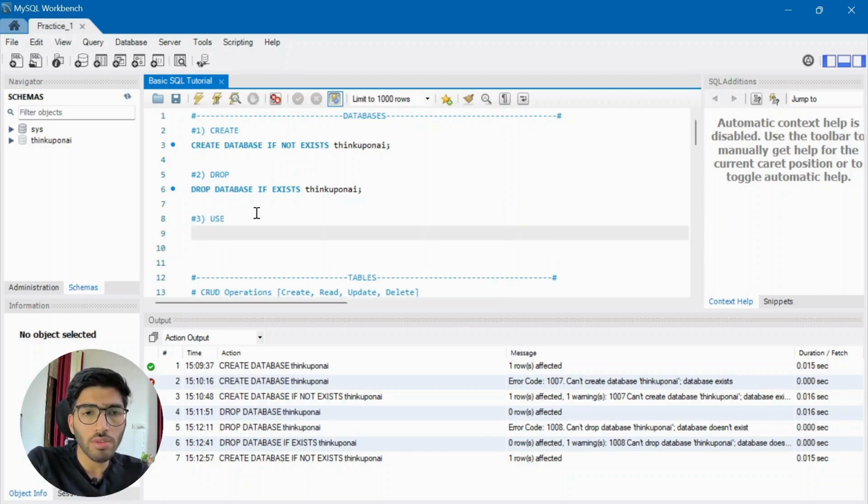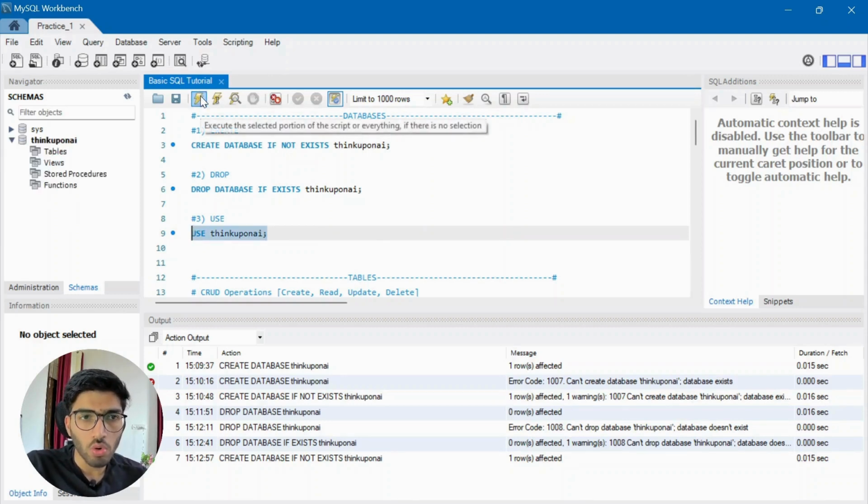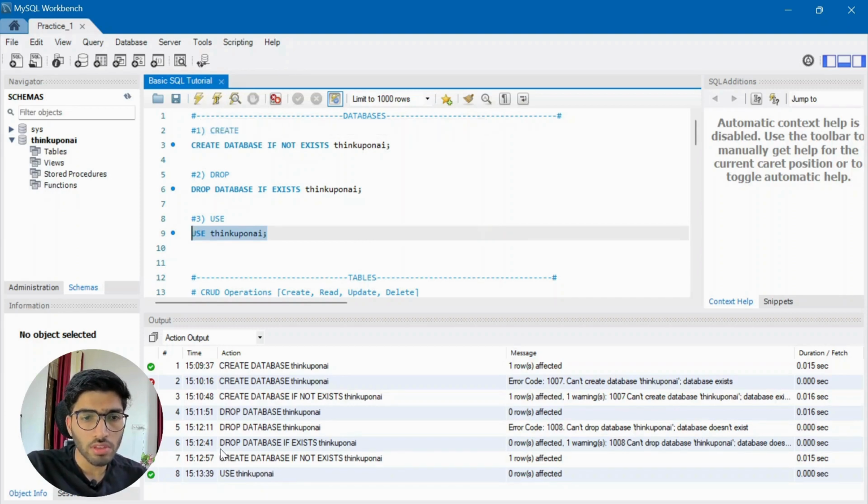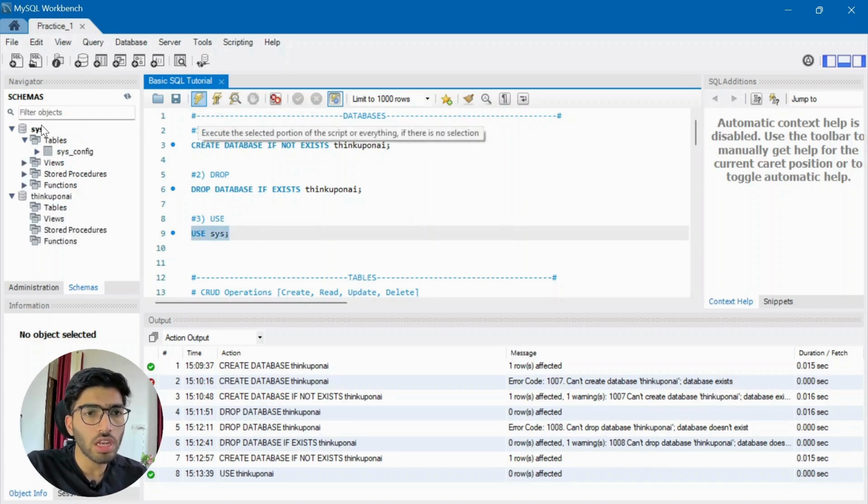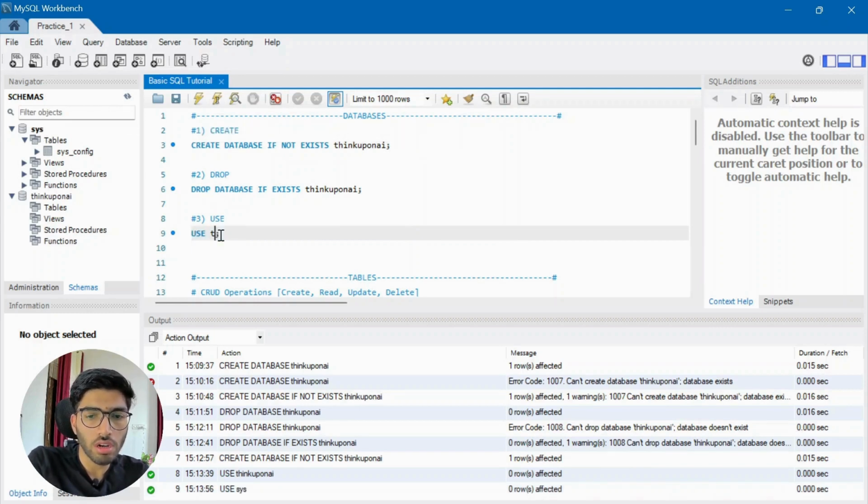So for that we have the command use. So I just write use think upon AI. So now the server will know that okay, it has to use this database to store any information. So it has completed successfully, and you can see the database think upon AI has been selected. So if I, let's say, to understand it better, if I use sys, you can see the sys database will be the active database. Okay, so I'll just revert it